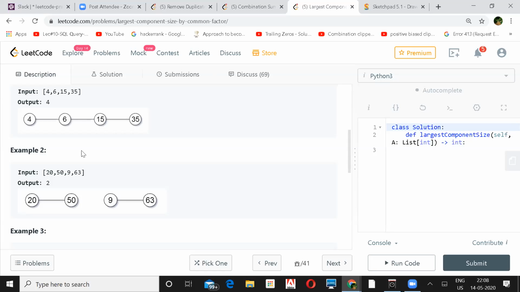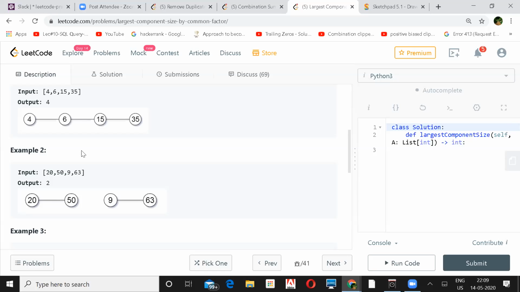So you can form a union find of it. And then again revisit these prime factors for each and every number, and then form a union with the lowest value of each prime factor of a given number.